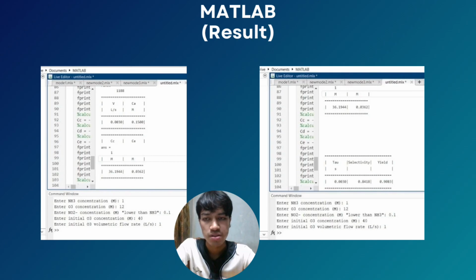From the user input, the MATLAB program will calculate the percentage yield, tau,